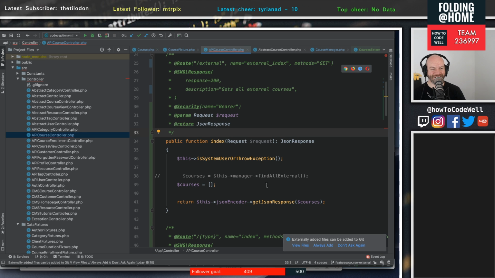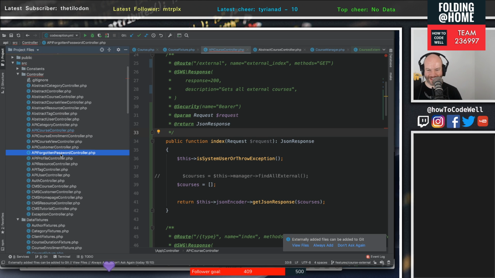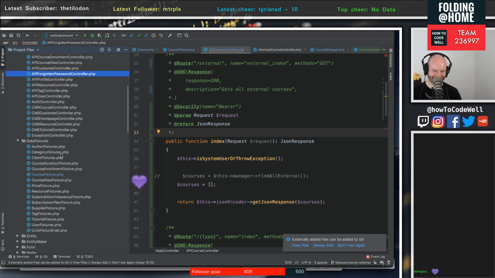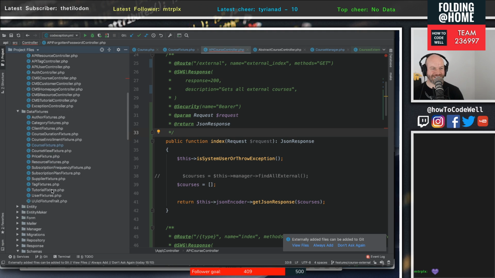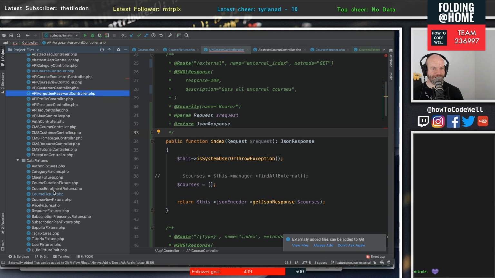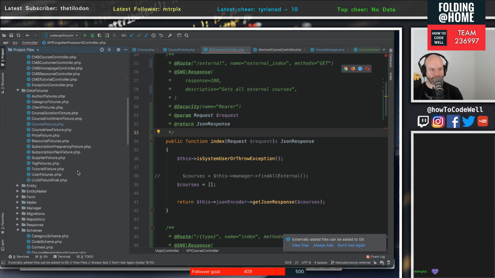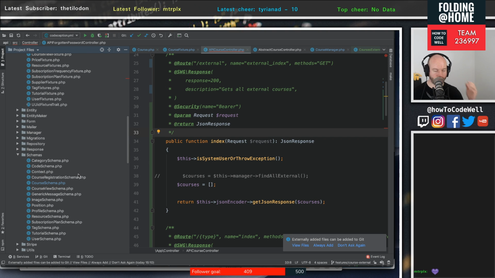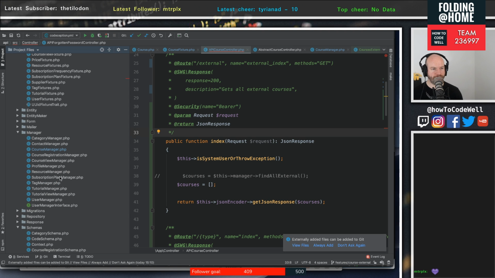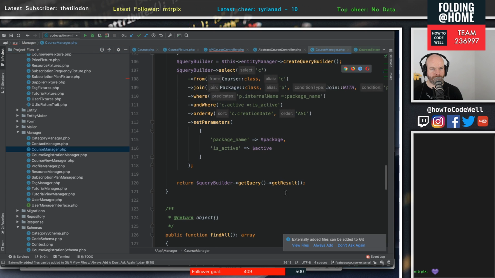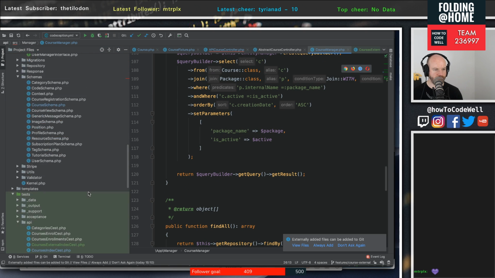Okay, so what we need to do is write a test for the database, right? So we're going to create a find by external in the manager, and we're going to see if we can test that out. So we have in